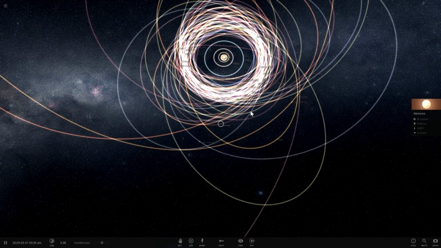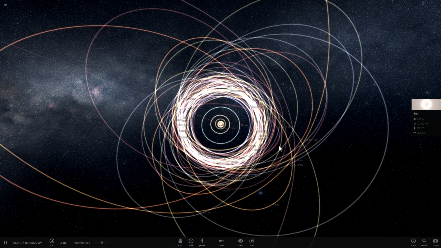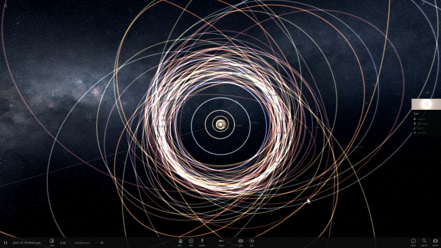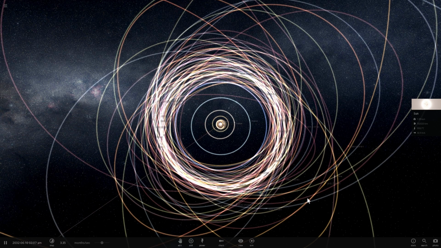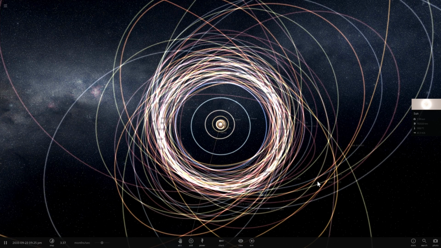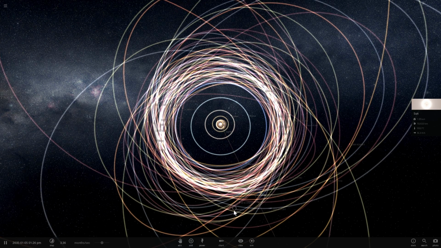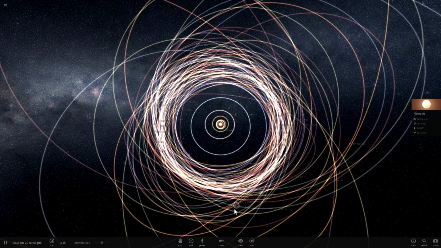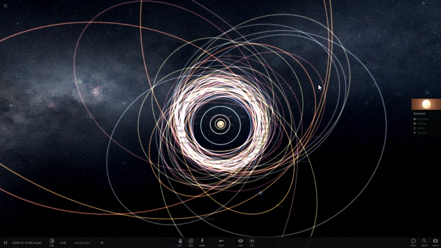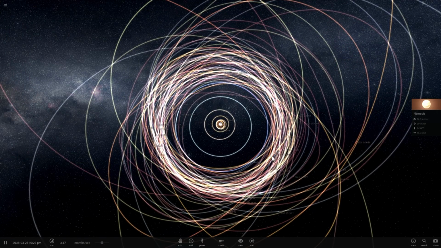Here comes Nemesis. And I should probably zoom in on the sun because we're watching the orbits in the center here. Notice how many orbits have already started changing, and they started becoming more elliptical, more drawn out. And as Nemesis, which is right here in the middle, kind of hard to see. Look at that. See how elliptical this has become? And this is what Sedna's elliptical orbit looks like, actually.